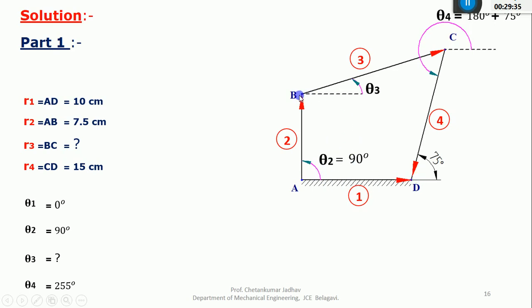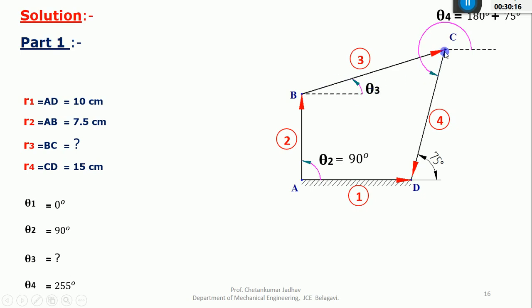And I'll go with this third link, that is BC. The magnitude R3 is not given, and the angle is also not given. I want to find out the angle of this vector with respect to the tail of the vector and with respect to the positive real axis in the counterclockwise direction. If you want, you can try, you'll not get any answer by using the graphical method. But since this is an analytical method, I cannot find the angle made by this vector in a counterclockwise direction with respect to the positive real axis. So I'll make it an unknown. If you want, you can try this, you'll not get anything.